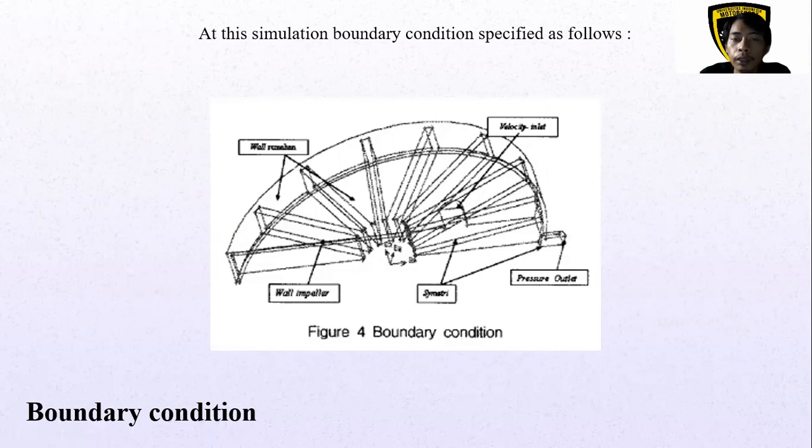At the simulation, boundary conditions are specified as follows. This is a boundary condition, and the picture explains the wall impeller, wall, symmetry, pressure outlet, velocity inlet,